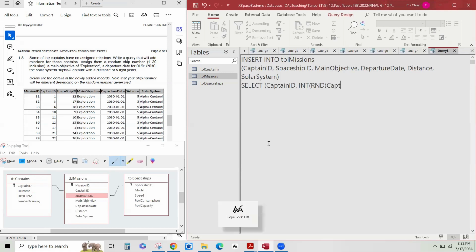Remember, you have to put a seed in here. So we can just put captain ID and then times 30 and plus 1. Okay, that will generate a random number from 32. No, wait, what did they want from? 1 to 30. I think, yeah, that should do it. Then, comma, main objective of exploration. If you're not sure of how to generate random numbers, please go and revise that section. Right, and a departure date of